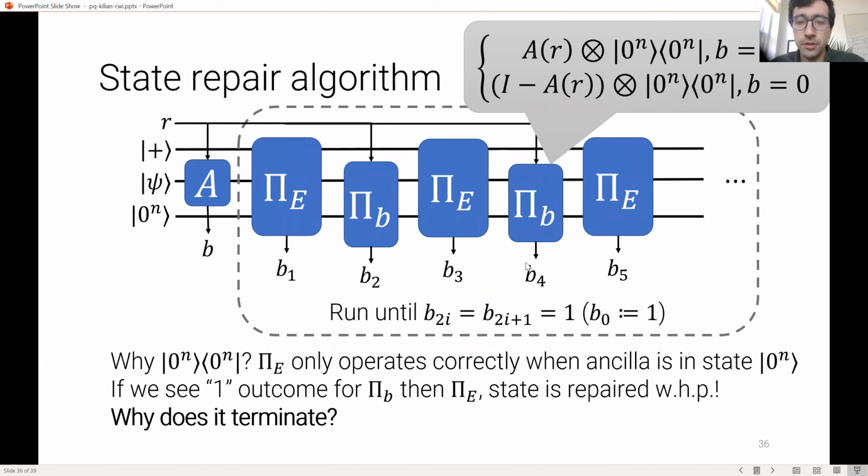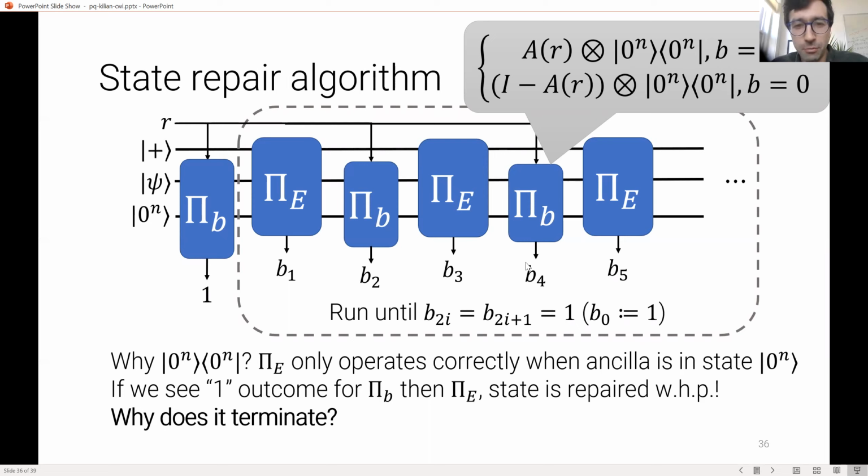So, why does the procedure terminate? Firstly, note that the way that we've defined pi sub b, we can replace this measurement A that produces an outcome B with, as a thought experiment, this measurement pi sub B, which is going to always output 1. We can rewrite history and imagine that we made the measurement pi sub B and got an output 1. Okay, so now this thing might look very familiar.